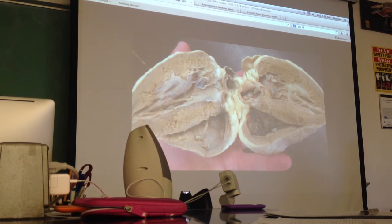Okay, any questions? Yes? Where's the right atrium? The right atrium, here we have the right side. We have our chordae tendineae right here. So above the chordae tendineae and the AV valve, which is right here, we have the atrium. So it has kind of this extra flap right here. That's part of the